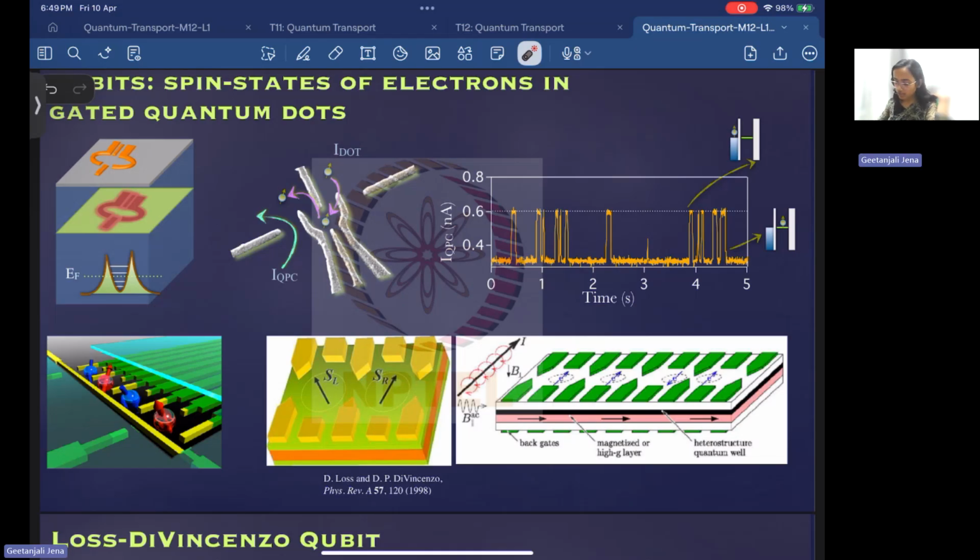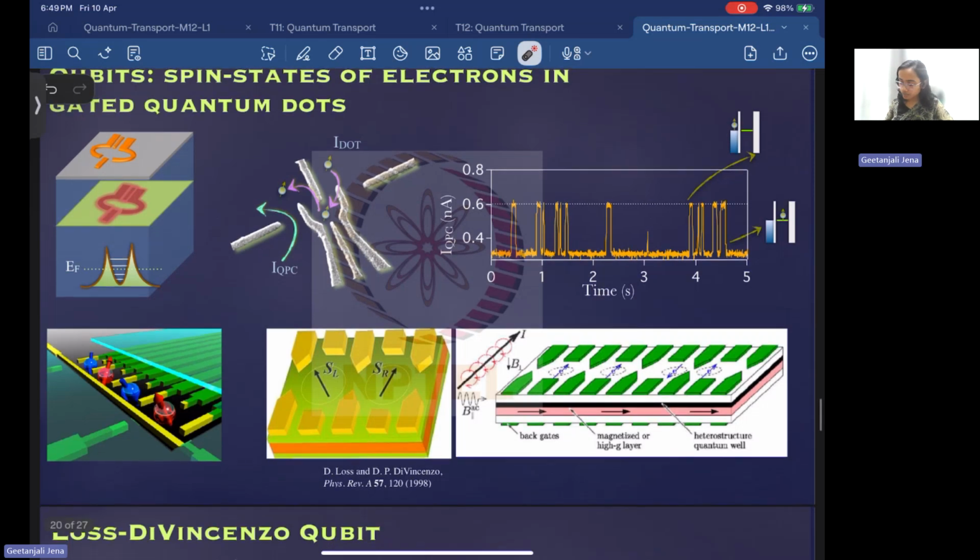So now we have a system where we can trap this electron in this quantum dot, and we have a QPC. This QPC is used to detect the electron tunneling into or out of this quantum dot. Okay. So based on this framework, based on this concept,